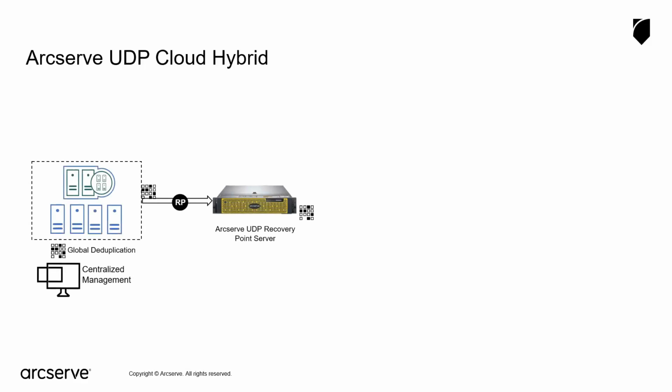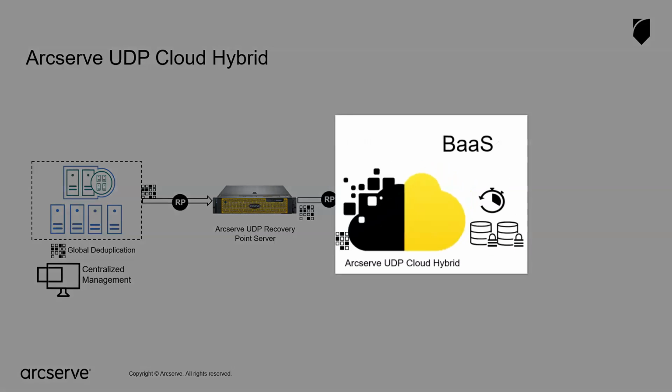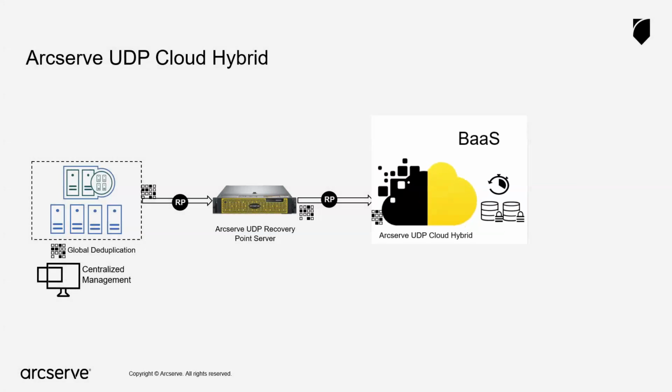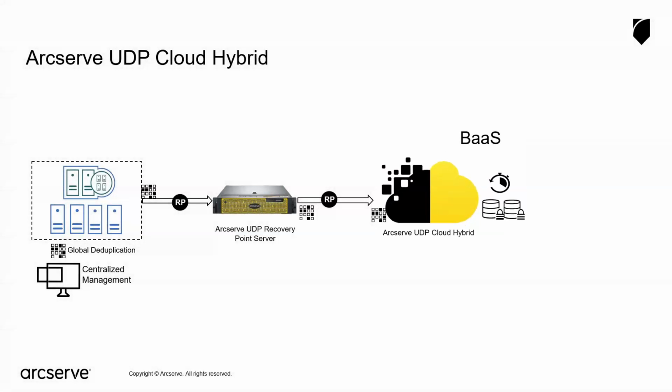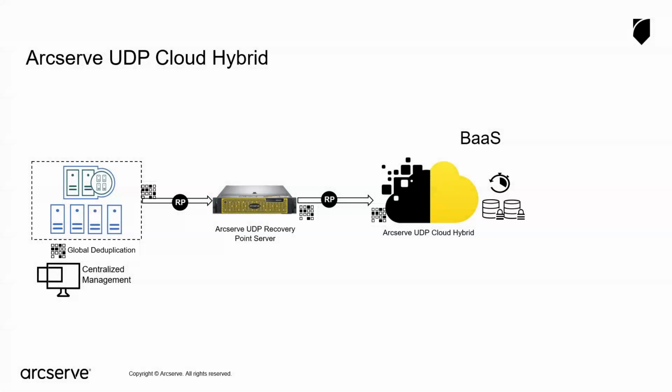All you have to do is configure your on-premise RPS to replicate backup data to the remote RPS in the cloud. You may have long-term cloud backup as an alternative to local disk or tape for regulatory compliance. It leverages UDP global source-side deduplication and optimized replication for highly efficient use of backup storage and available WAN